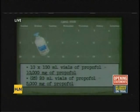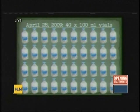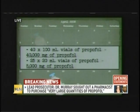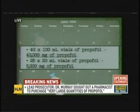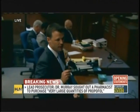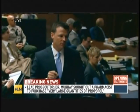On April 28th, there was another shipment of propofol to the apartment of Nicole Alvarez. This shipment was larger, 40 of the large 100 milliliter bottles, accompanied by 25 of the 20 milliliter bottles. This shipment accounted for 45,000 additional milligrams of propofol. Following the April 28th shipment, we had a shipment of midazolam and lorazepam, sedative agents that Conrad Murray also admits to having administered to Michael Jackson on